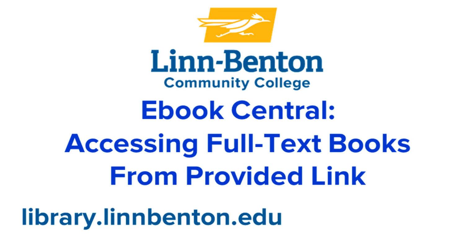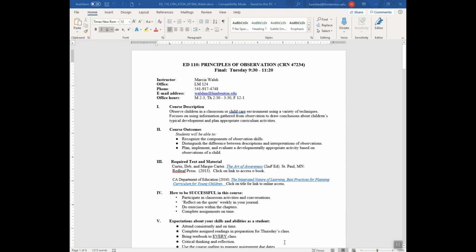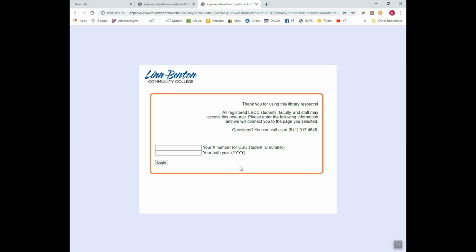You may receive a link in an email or some other online source, or even in a syllabus, such as this syllabus. Here's an example. And if we look under Required Text and Material, we see a link to this book, The Art of Awareness. So if we click on this link, that will take us to the login screen for the